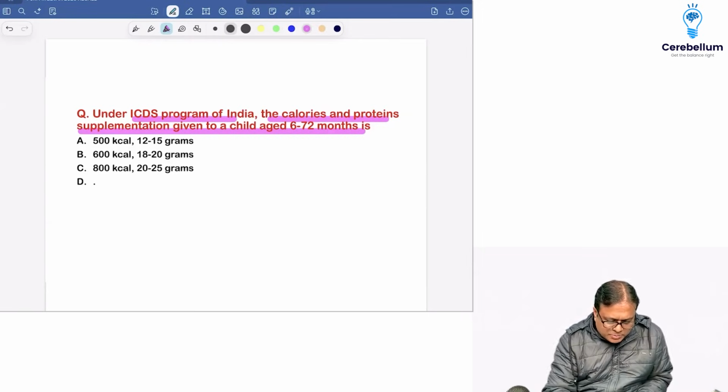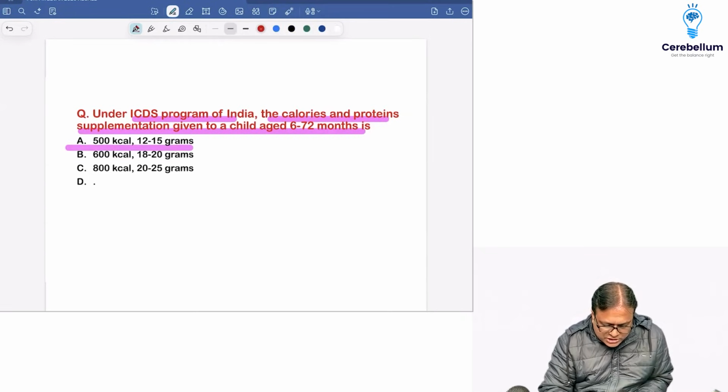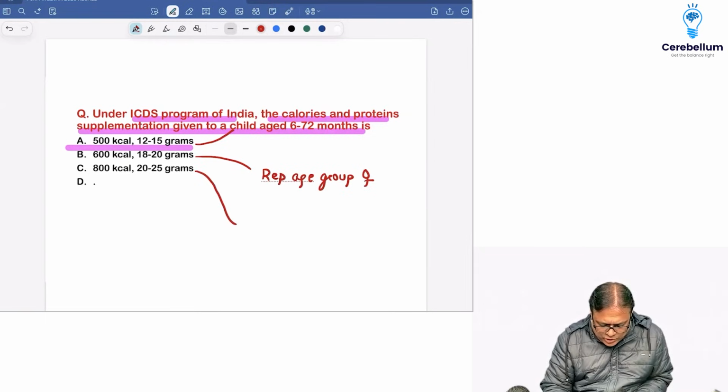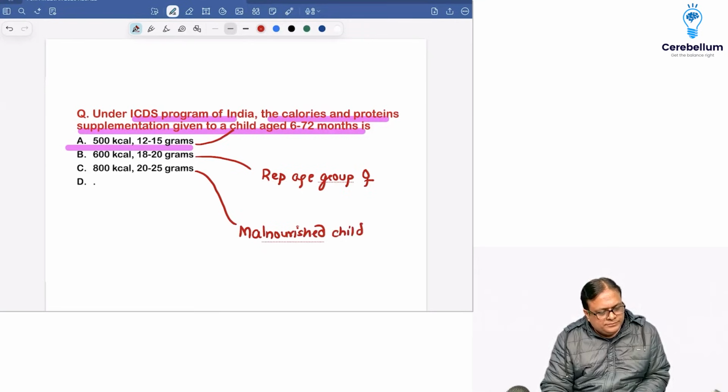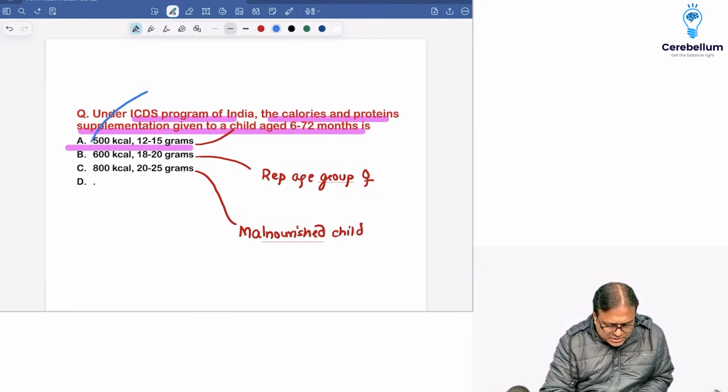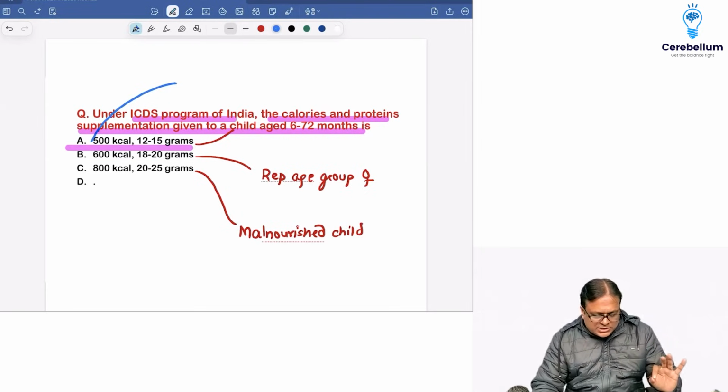So in ICDS program, it is 500 calories. This is the answer for a child. 600 is for reproductive age group females. This is for malnourished child as per ICDS guideline. Depending on the choices may be a bit different. This is the answer. In a child, we give up till 6 years of age 500 kilocalories and 12 to